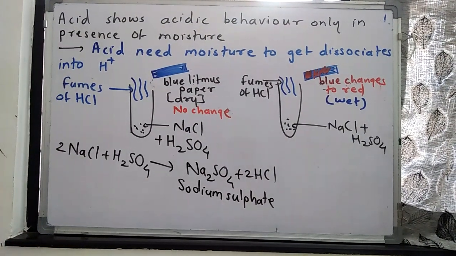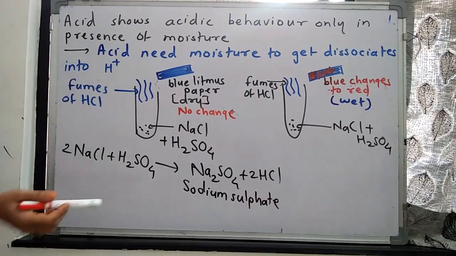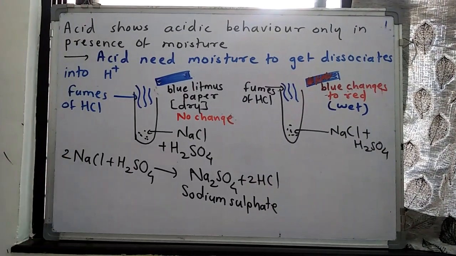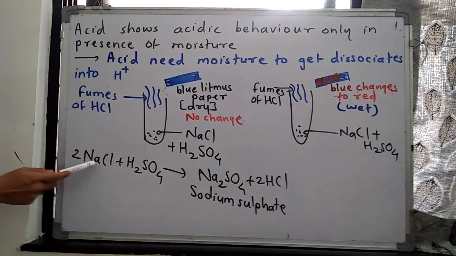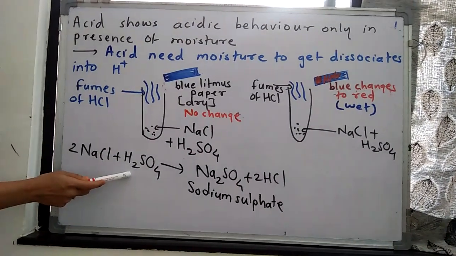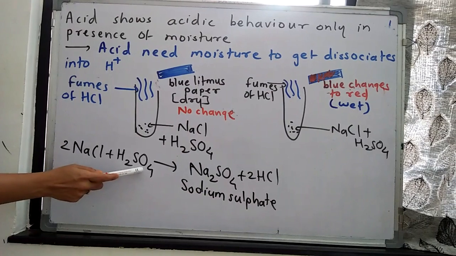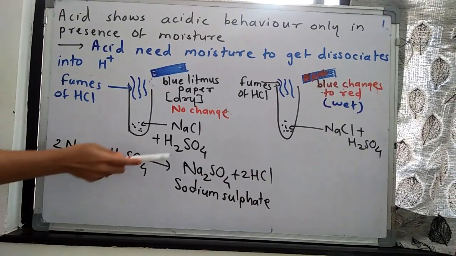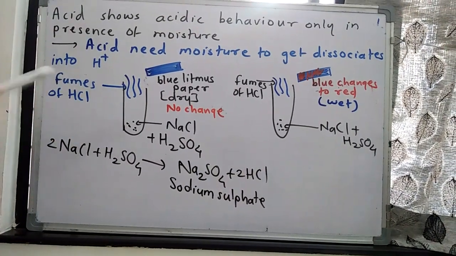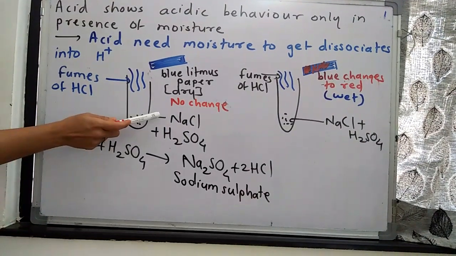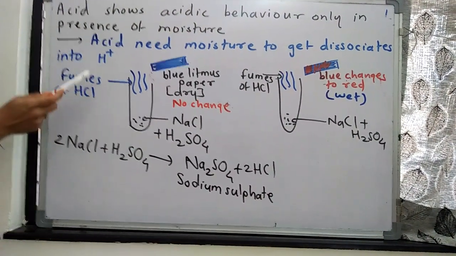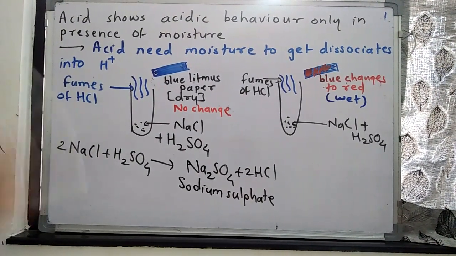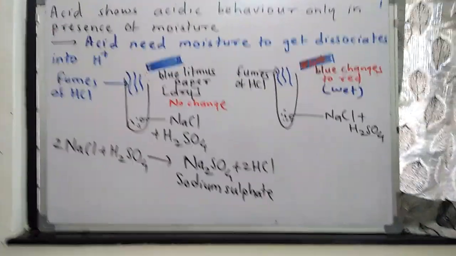Here we have a simple example. Here in a test tube we have taken two reactants, NaCl, that is sodium chloride, plus H2SO4. Now what will happen? See the reaction. This NaCl, sodium chloride, reacts with H2SO4. These two Na and SO4 react with each other to form Na2SO4, sodium sulfate, and this H and Cl will produce HCl. Now fumes of HCl are formed. So sodium chloride reacts with sulfuric acid to produce fumes of HCl. Now here we have hydrochloric acid in the gaseous state. So we say that we have hydrogen chloride gas.